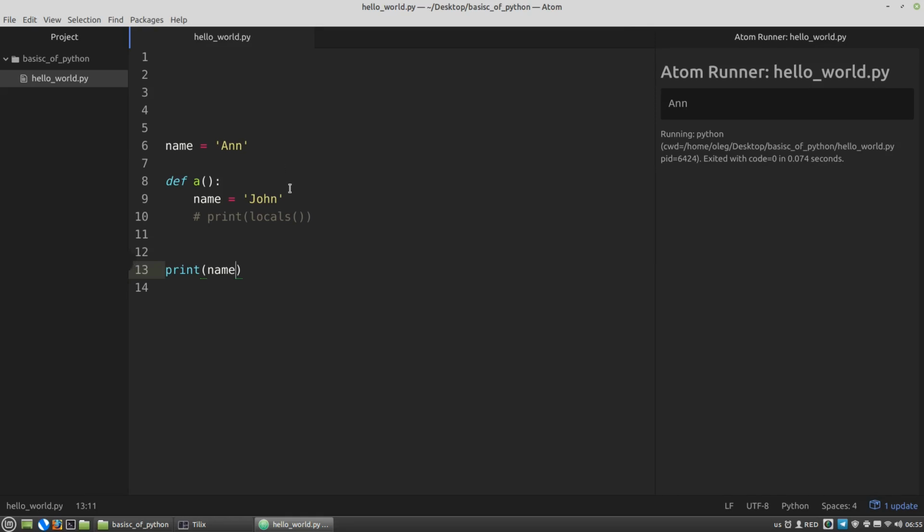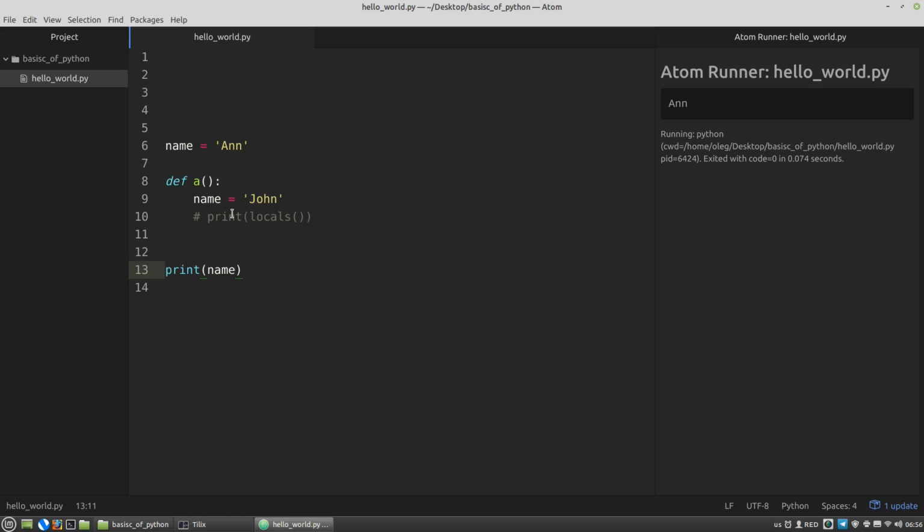And why is the value of the name variable n but not John? After all, the John value was assigned last. Why so? After all, these variables have the same name, and in theory the second assignment of a new value to the name variable should override the old value with the new one.